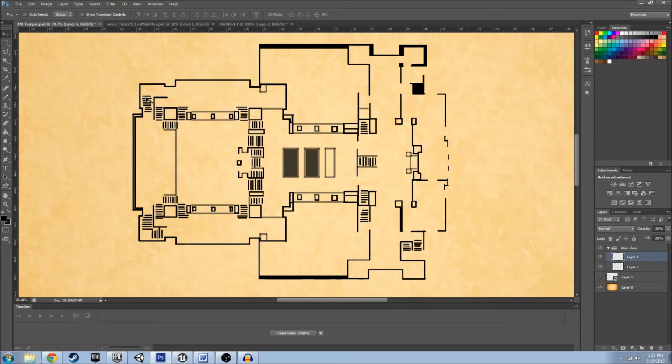Now, you'll see these little lines over on the side. These are staircases to different sections, elevations of the map, second floor, or slightly lower than the main floor, or down to the basement. Right now they're just lines, which is kind of a universal symbol for a staircase. In order to create a staircase like that, one method you can do